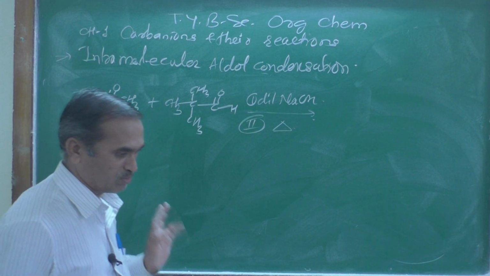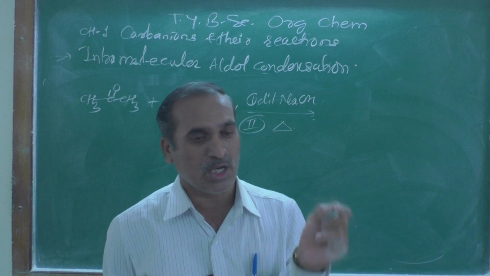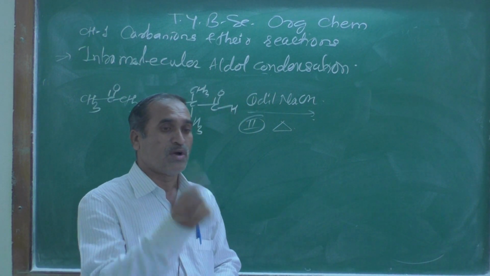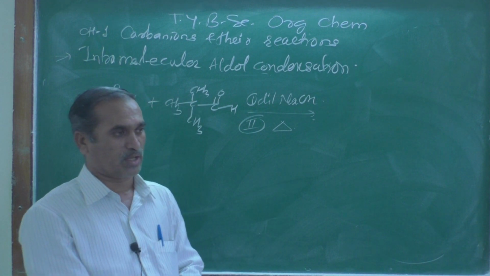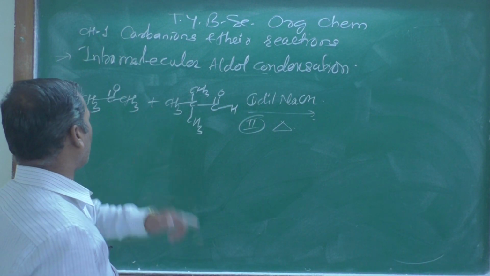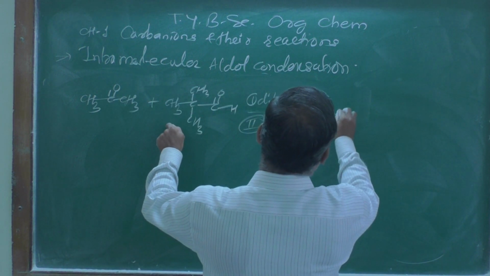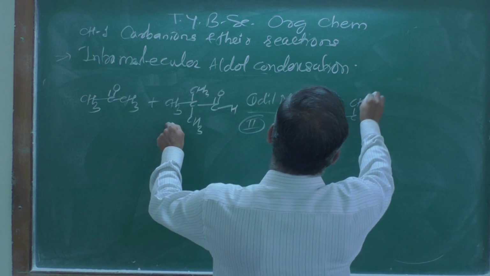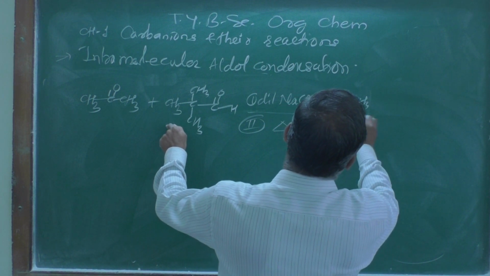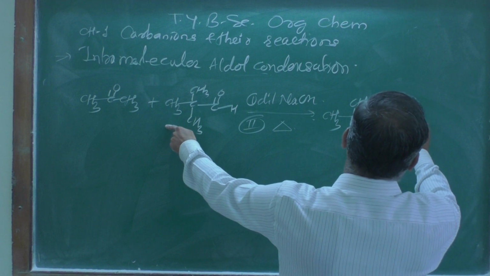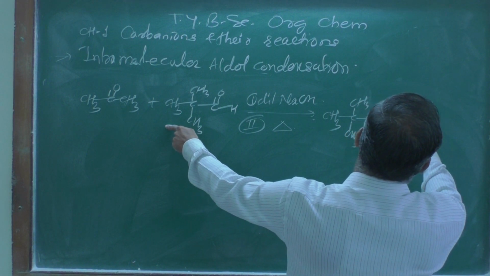Two different molecules are there, and therefore it is a cross aldol condensation reaction, and we are going to get a single product. Which product are you going to get? The product is CH3, CH3, CH3, CH double bond, then CH3, then C